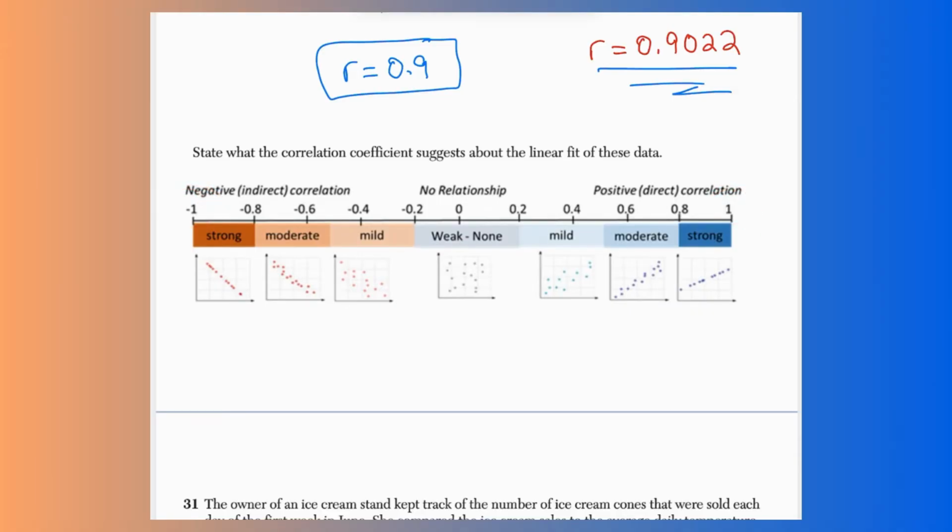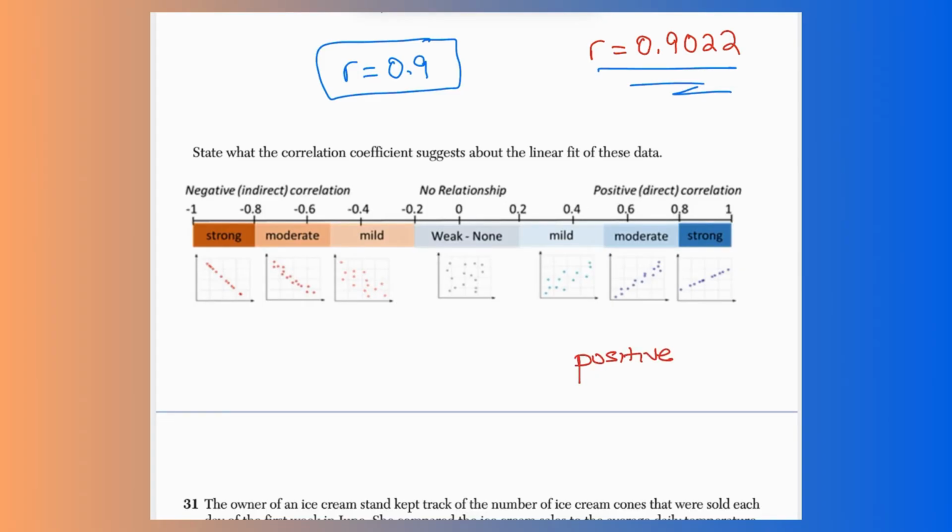different things. First, it tells us whether the relationship is positive, negative, or non-existent. So this part is really easy to tell. If our correlation coefficient is a positive number, which ours is, then there is a positive relationship. Had it been negative, it would have been a negative relationship. And had the R value been 0, then we would say that there is no relationship. So because our R value was a positive 0.9, what we already know is that there is a positive correlation